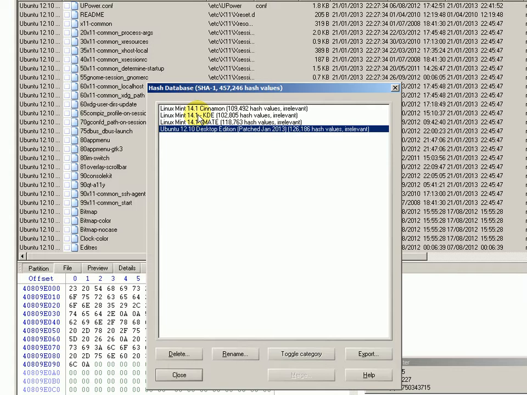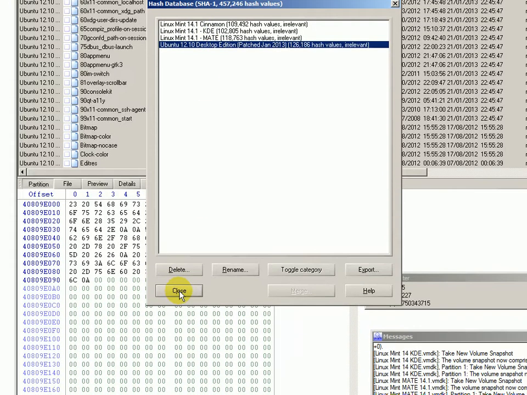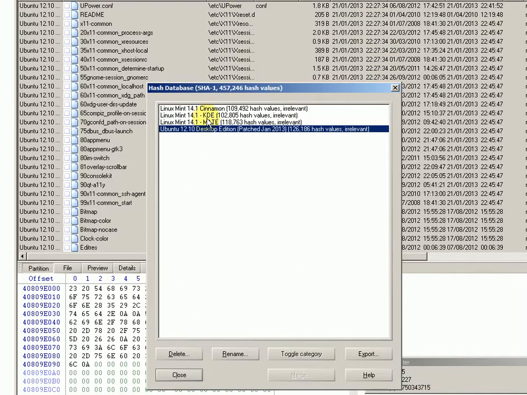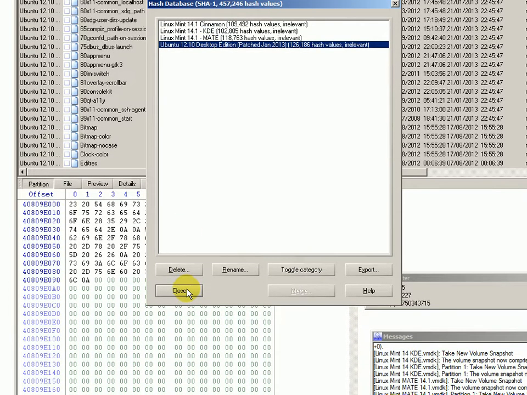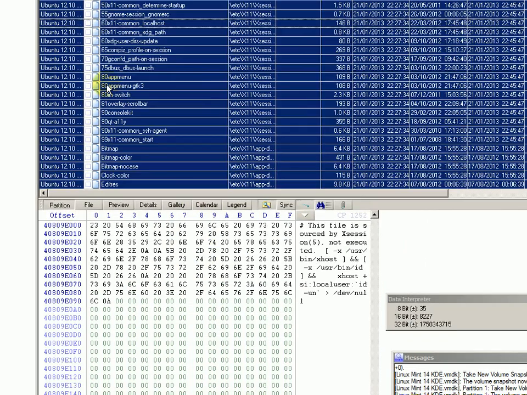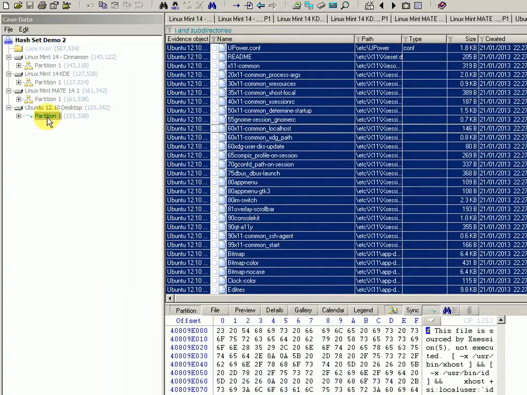But what we need to do now, of course, you'll notice over here there isn't currently any hash values listed for any files within the snapshot, and that's because I haven't asked X-Ways Forensics to do that yet. So far all I've done is built a hash database. So now what we need to do,